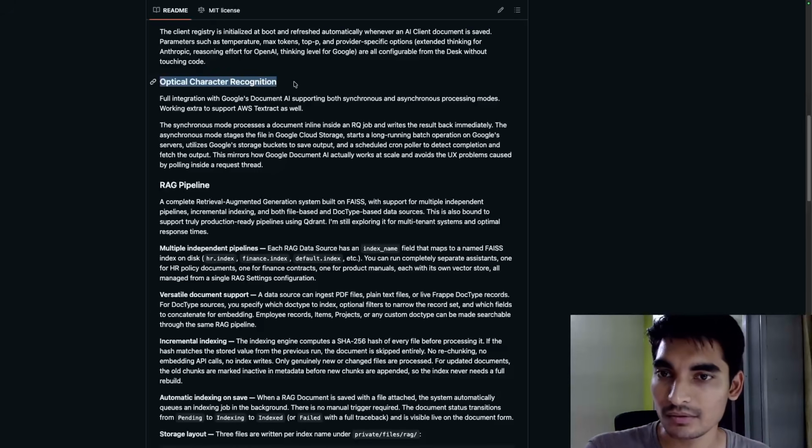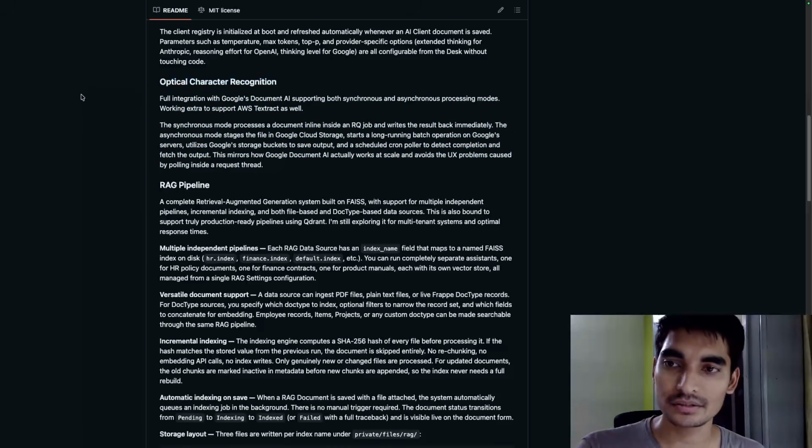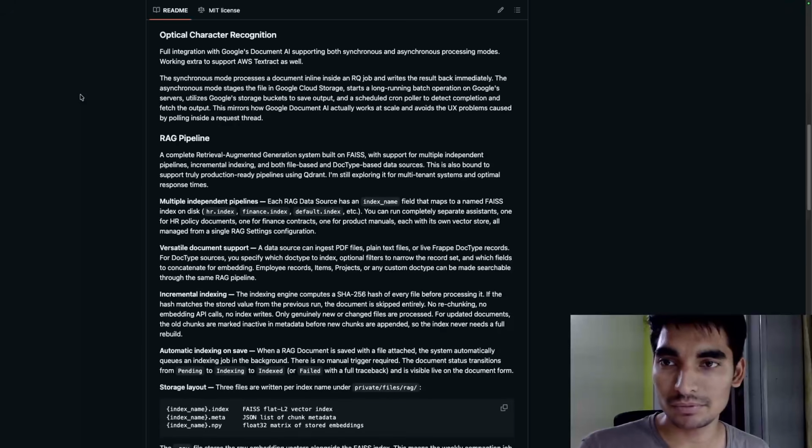OCR, I think I would also like to have some similar functionality for an OCR extraction process, but that's kind of a complicated one to implement, so I'll have to look at that.